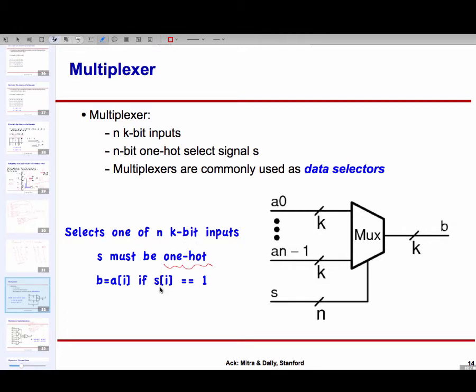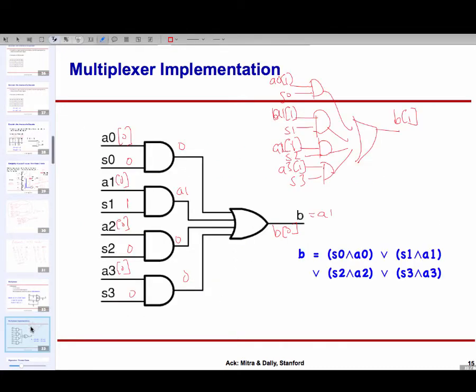It's basically saying if the ith wire of S is 1, then B gets the value Ai, the ith source. That's what I'm sending out. And this functionality is integral to multiplexers in basically every digital system, because this ability to get the data from different places is needed again and again in many systems.